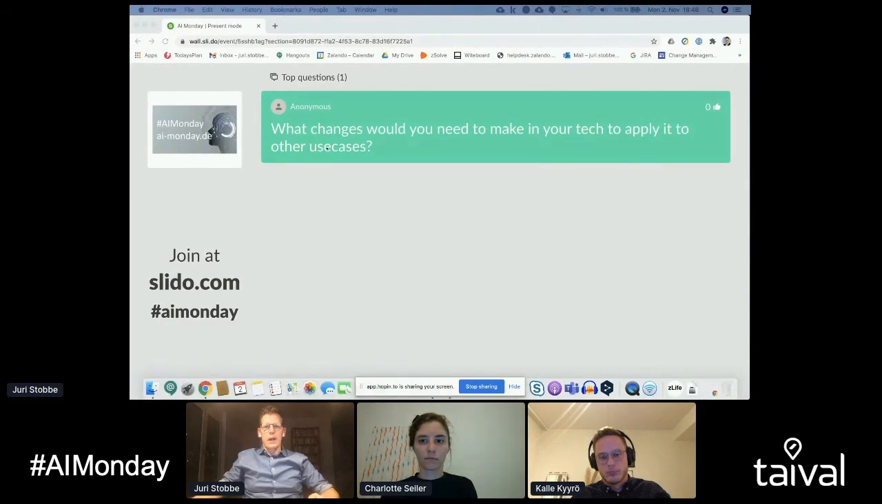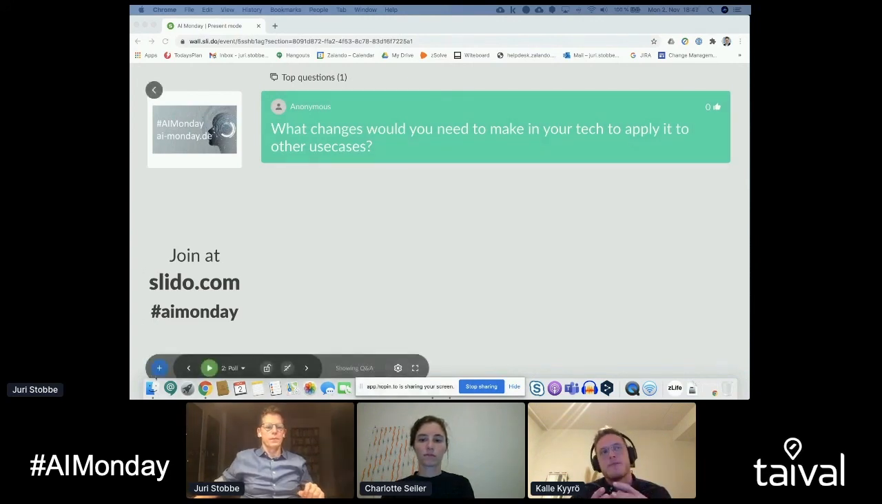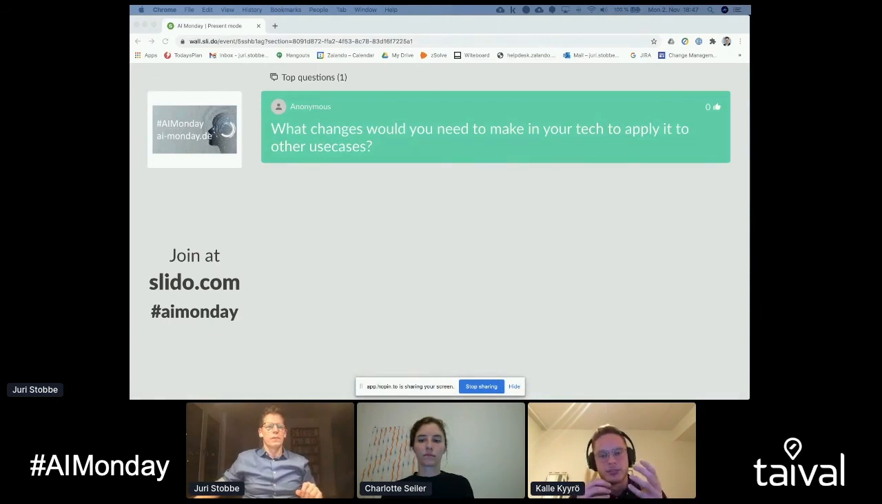So the question here is, what changes would you need to make in your technology to apply it to other use cases? Pretty broad question. Yeah, that's quite broad, but if I would cover it from this grid point of view and this natural condition prediction point of view, I said we have two sides here. We have the weather data here. We need to understand what kind of weather conditions there have been, and then we need to understand the fault history of the grids. And then it is largely a matter of changing these data sets